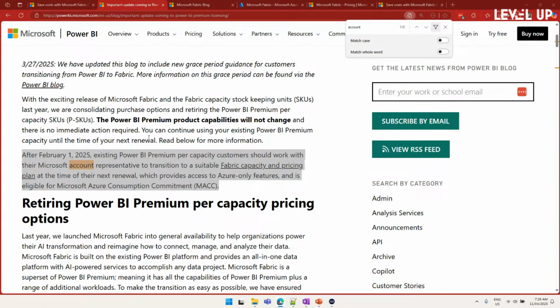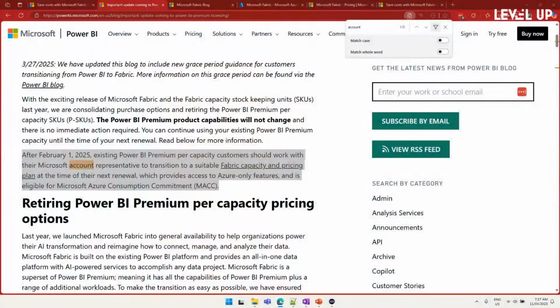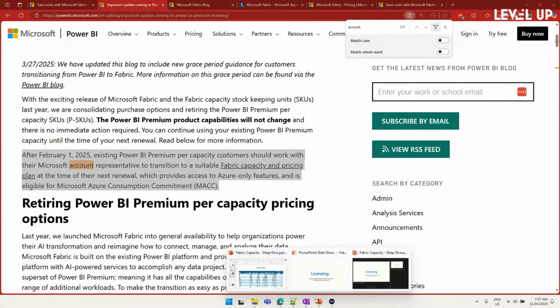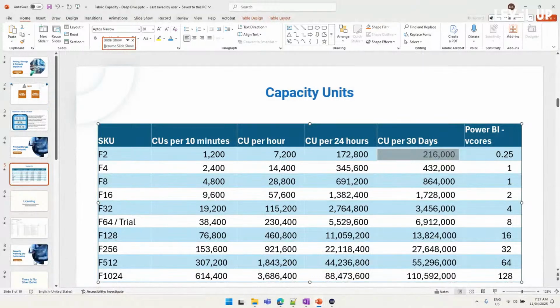And the last one, we talked about this one last week. I think that is really good, is that toward the end of April you will have Copilot available in all the SKUs, which is great. I think it's great to see Copilot available for every customer and persona who wants to take advantage of Microsoft Fabric. Now, let's go and have a look at our next section, which will be